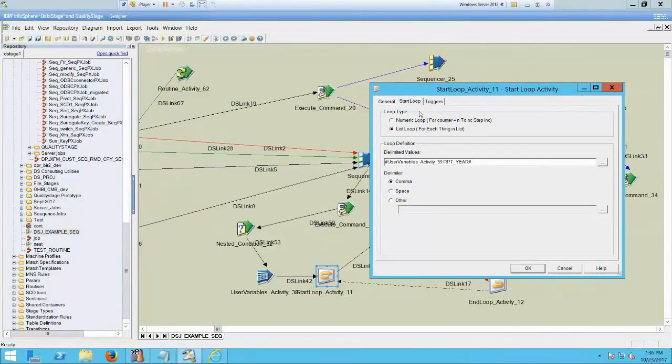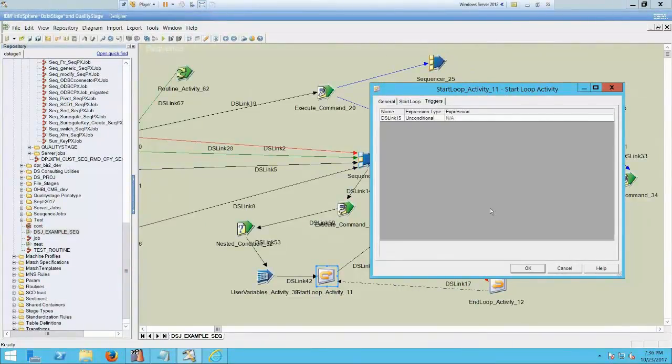So that way you want to pass a list of values to run your same process a number of times, or for years also. For example, I want to run the 15, 16 archival process. I'm just taking an example, right? 15 data, 16 data, 17 data, 18 data. So 4 years worth of data I want to load. So those kinds of logic, if you want to implement, we use this looping and we use this triggering process,